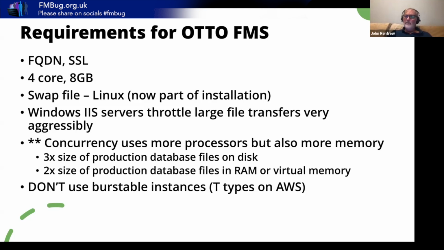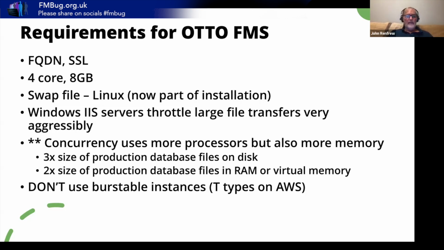Since a recent version, you can use concurrency, and what Otto's doing, it uses more processors, so you get the benefit of 2 processors, not 1. But as a rule of thumb, it's also going to use a lot more resources. So whatever the size of your production, the biggest file in your migration is, you need at least 3 times that free space on disk, and at least 2 times that in terms of available memory or memory with virtual